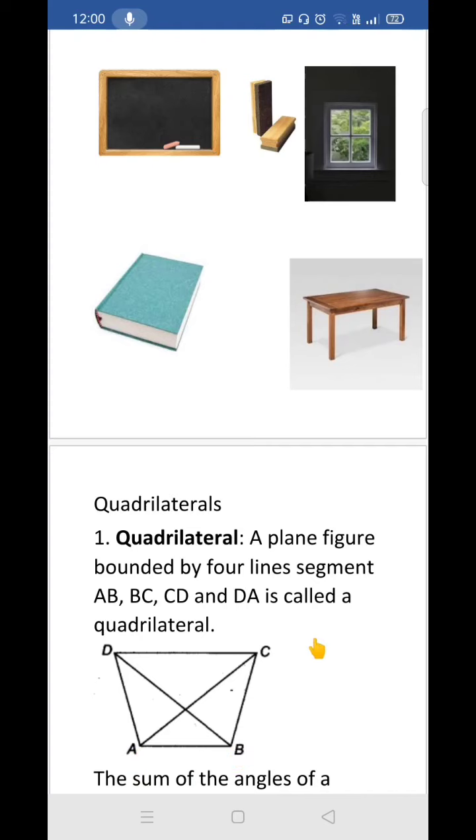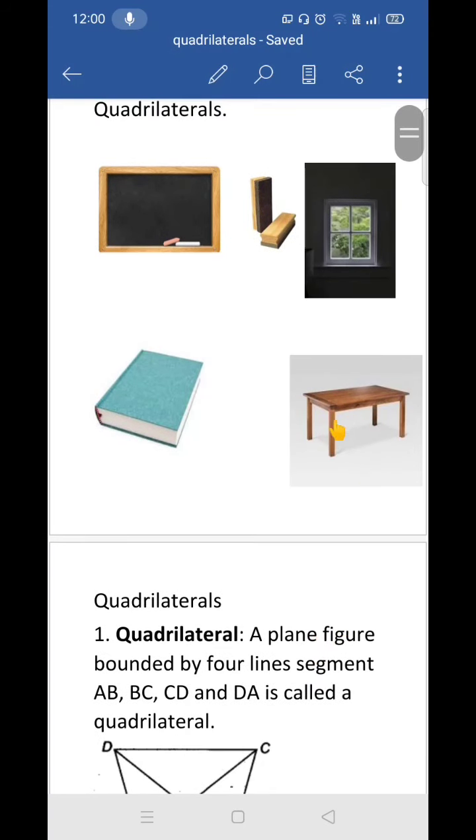Now you may wonder why we should study quadrilaterals. Look around you, you will find so many objects in the shape of a quadrilateral, like the walls, the ceiling, the floor, the window of your classroom and the blackboard, each face of a duster, each face of your book and the top of your study table, isn't it? Some of these are given below. Here you can see in this picture, these are all in the shape of a quadrilateral.